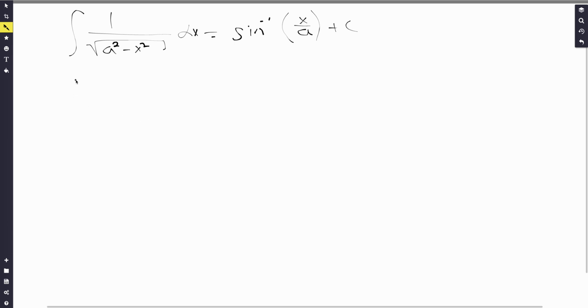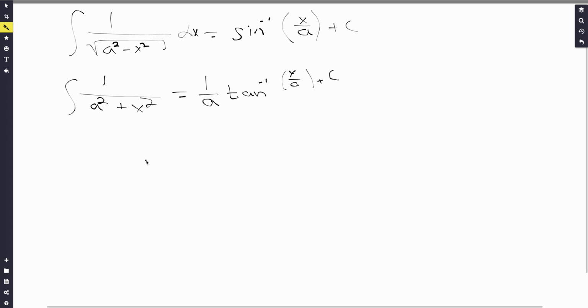So the next rule you guys need to know is the integral of 1 over a squared plus x squared equaling 1 over a inverse tangent of x over a